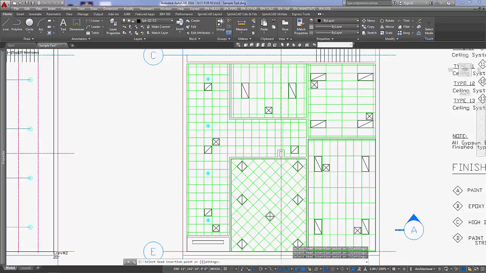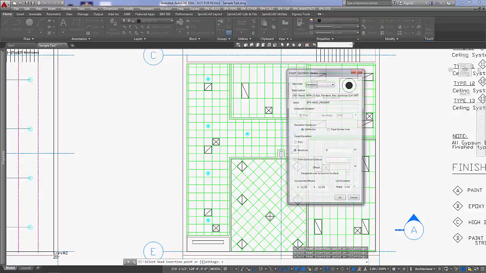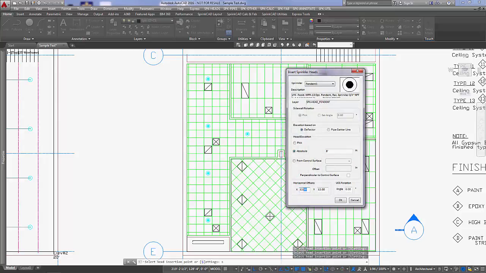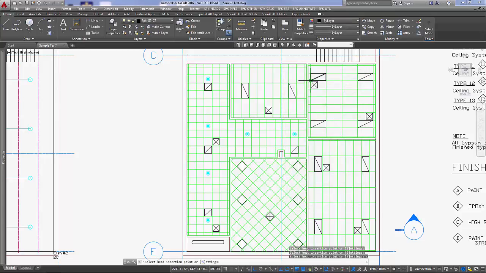In this instance you can use a background that is laying flat on the ground, as this one is, and the heads are placed relative to that snap point but at the elevation that you specify. It's even possible to use control surfaces as your reference plane. Once this room is complete, the next 2 rooms will be completed off screen,